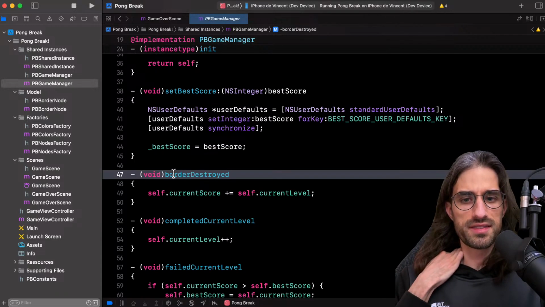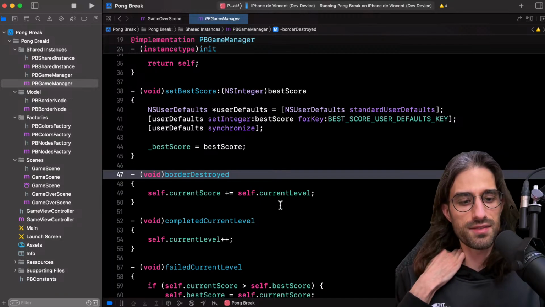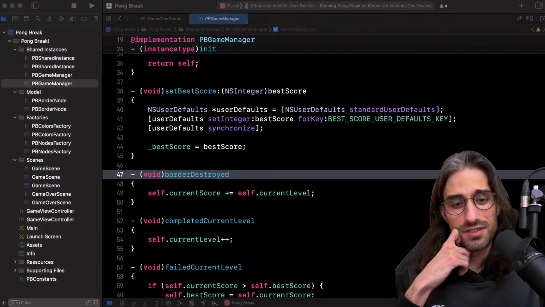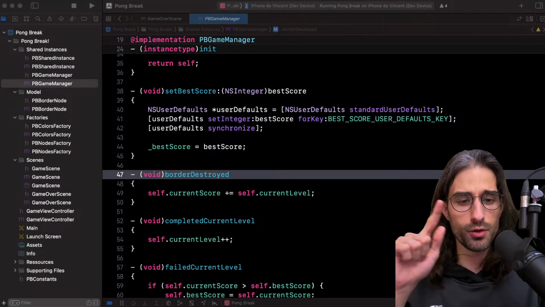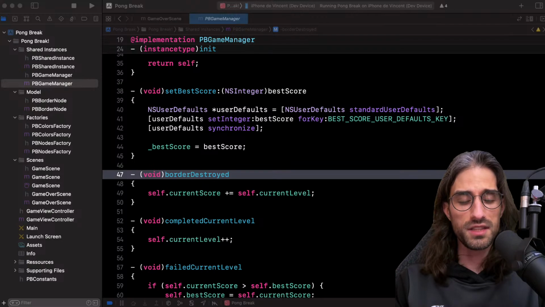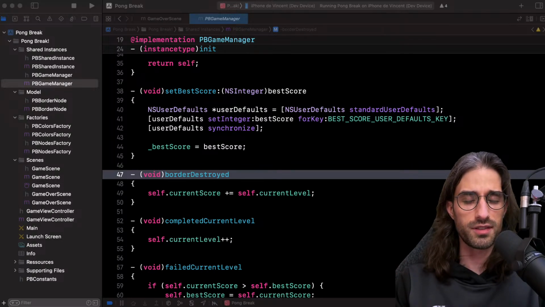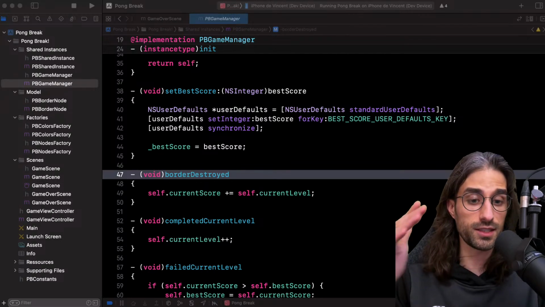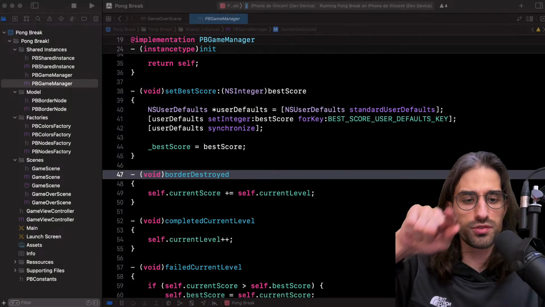So when a border is destroyed, we increment the score by the amount of the current level. So the idea I had for this score is that when you destroy a border in level 1, it's worth 1 point for each border. Then in level 2, it's worth 2 points per border, etc. So this way the score grows.